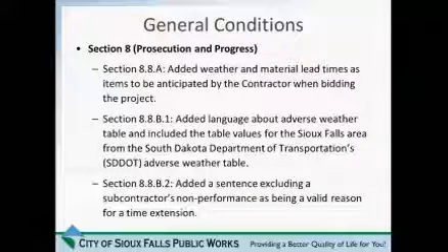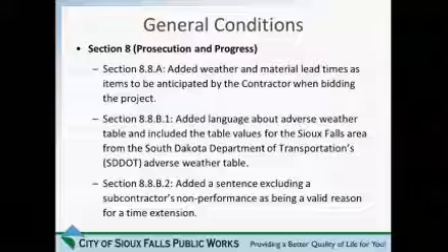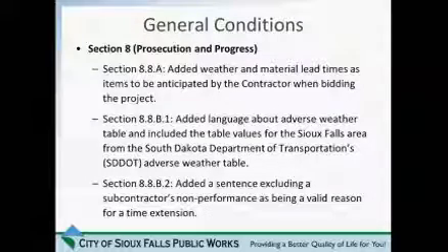times. It comes up more often than you would think on projects where they say, well, I'd like to get it done when you want me to, but I can't do it because it's going to take 12 weeks from the manufacturer to get that item, when they maybe could have taken or chosen another manufacturer and gotten it here in time for a different cost. So we wanted to specifically address that.